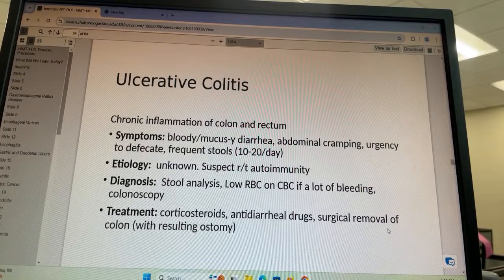Anti-diarrheal drugs, obviously, since they're having 10 to 20 bouts of diarrhea a day. So anti-diarrheal drugs are going to be really helpful with their quality of life, to help reduce the number of times they have to have diarrhea. And then if it's just really bad and nothing's working, they can also just remove that part of the colon. So that's called a